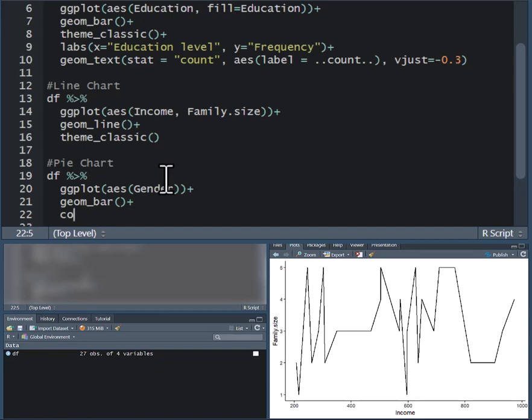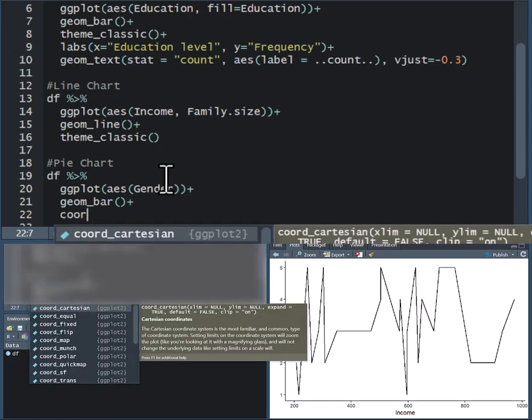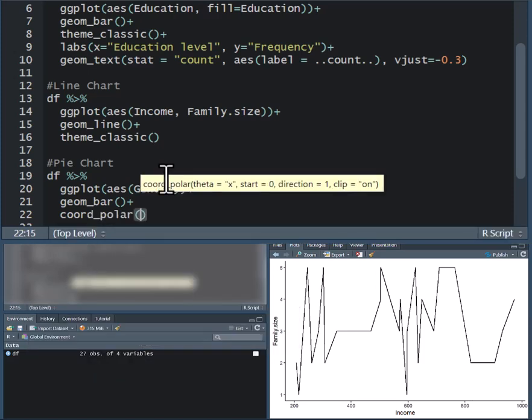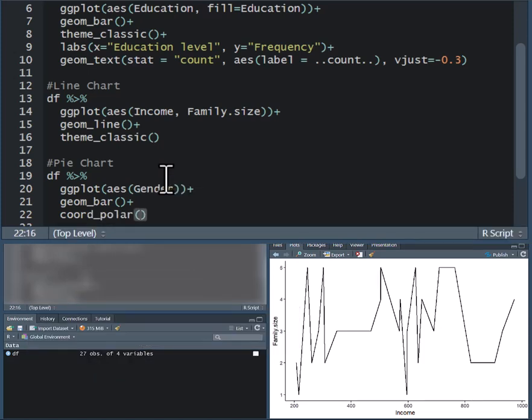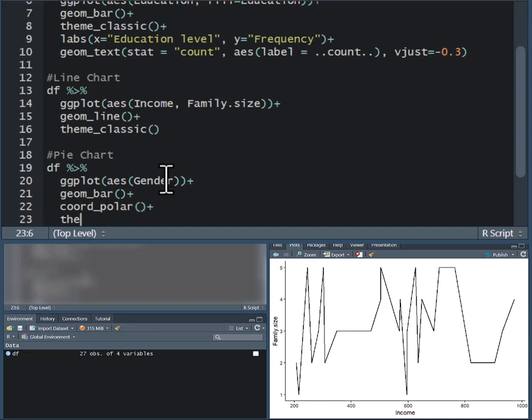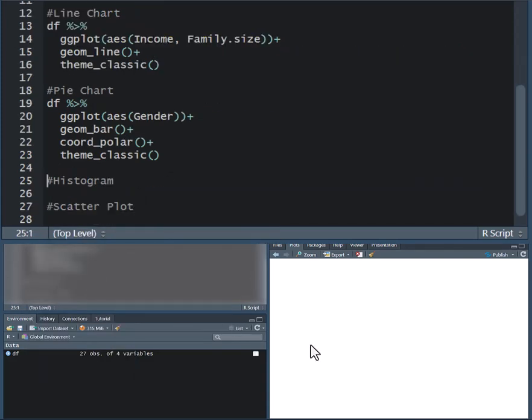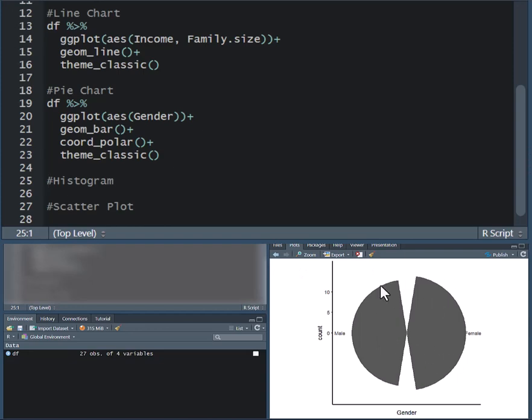on the ggplot, I'll add on a function called coord polar. Coord polar is going to help me change a bar chart to a pie chart, and I'll add on a theme which is classic. So when you run this command, you can see that we have plotted a pie chart,